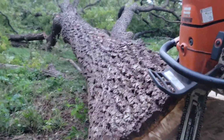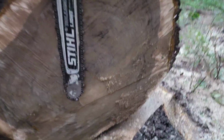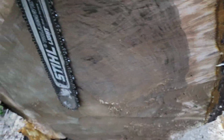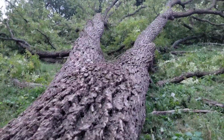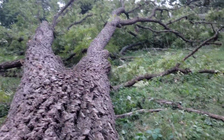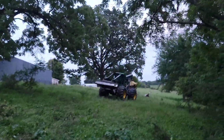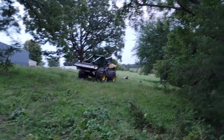Big trees. Big trees. That flush. Hexa chain doing the work. A lot of footage in that tree. We'll grab the skidder, pull it around, finish working it up, pile the brush, be ready for the next one. We might try to get one or two more tonight. I said I wasn't going to do much cutting or any cutting, but I guess I kind of lied. I mean, it's not totally dark by any means, you can see that, but